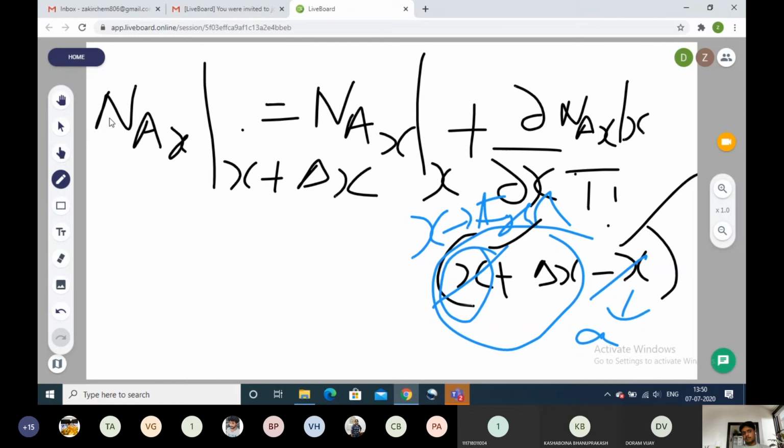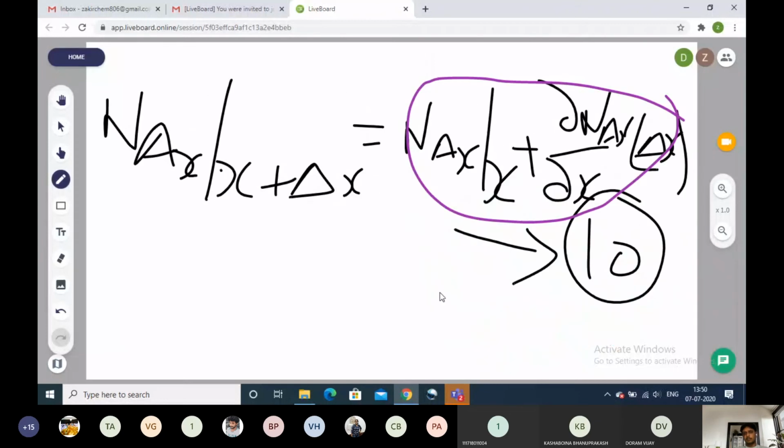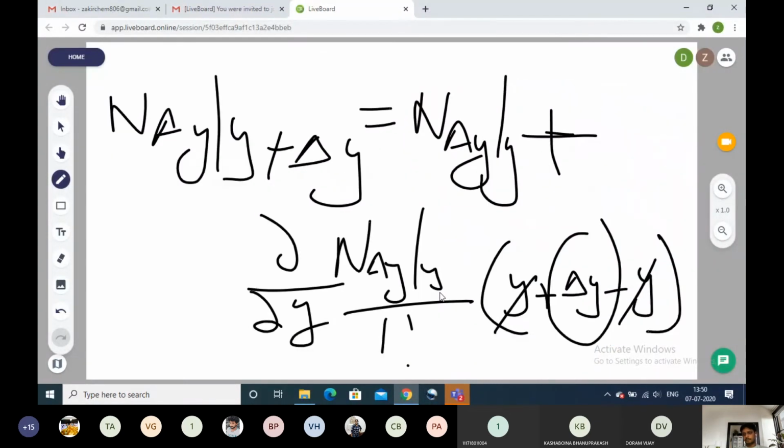So for the complex variable N_Ax at x plus delta x, we have to define it in a simple variable, which is nothing but an input variable, N_Ax at x, plus the first order derivative of this one. The first order derivative is dou by dou x divided by 1 factorial, and 1 factorial is nothing but 1. So N_Ax at x multiplied by x minus a. In our formula, x is nothing but x plus delta x, and a is nothing but x, so we just cancel out x. Similarly, it will apply to the y component and z component.